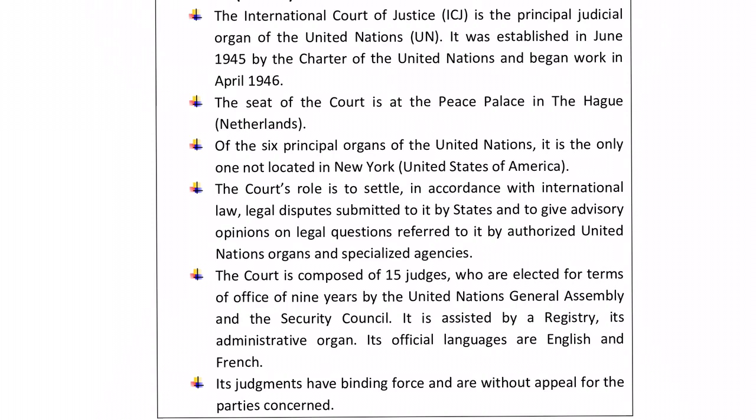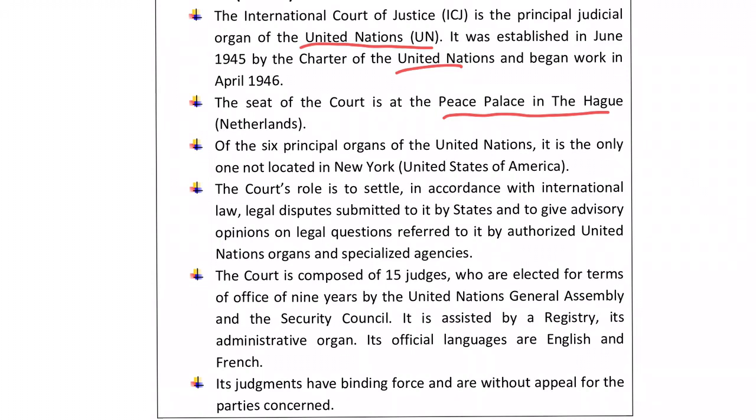The International Court of Justice is the principal judicial organ of the United Nations. This statement is important. They may ask you, ICJ is an independent body with respect to UN. No, it is a principal judicial organ of the United Nations. It was established by the Charter of the United Nations. So it makes it part of the United Nations. And the seat of the court is at the Peace Palace in The Hague. Of the 6 principal organs of the United Nations, it is the only one which is not present in the United